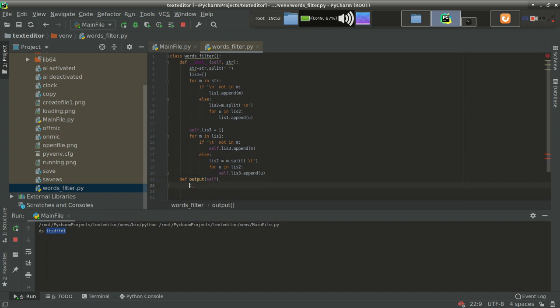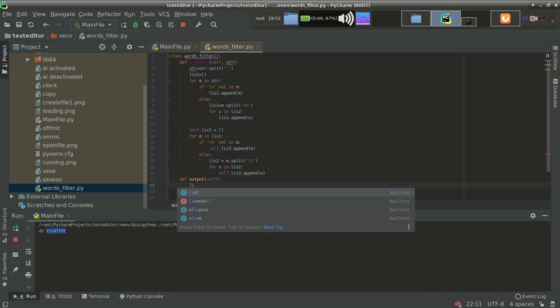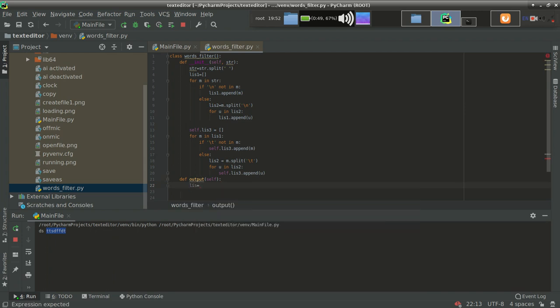Self. And what will this method return to us? This method first of all removes the duplicates from list 3. So how can we remove those duplicates? We can simply remove them by converting that list to a set.